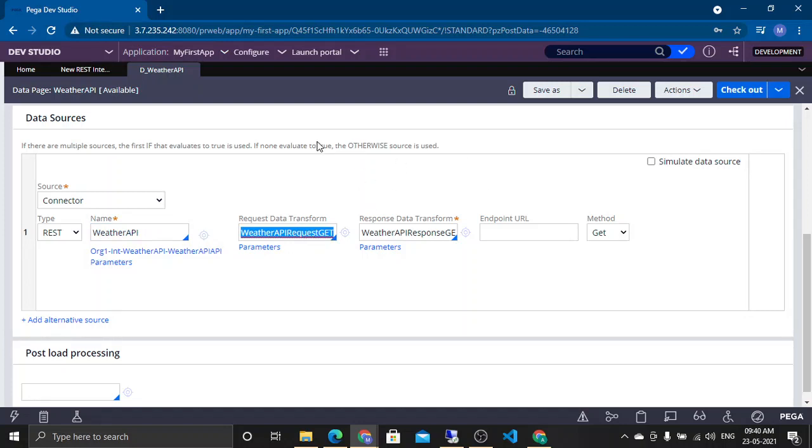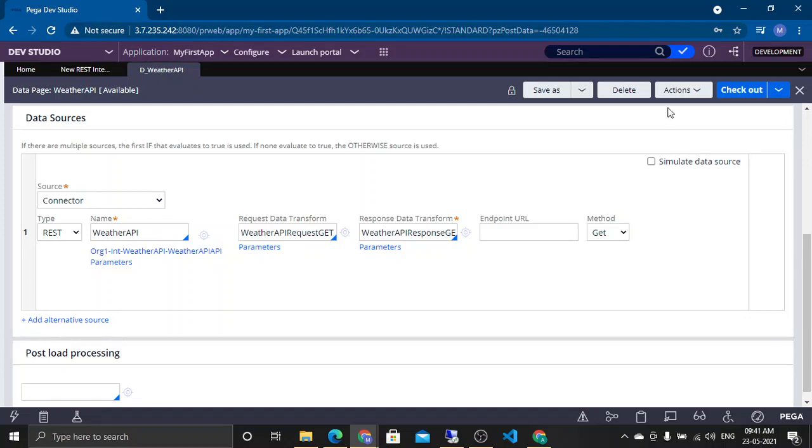And when I get the response back in Pega, if you want any manipulation on the received response data, you put it on the response data transform, any additional data mapping. Suppose in our case it is giving the minimum temperature and maximum temperature in Kelvin, but my requirement is Celsius, and the API does not provide that feature. So I will put that logic here, because whenever I call it, I want the minimum and maximum temperature in Celsius. I will put the logic to convert in some method.